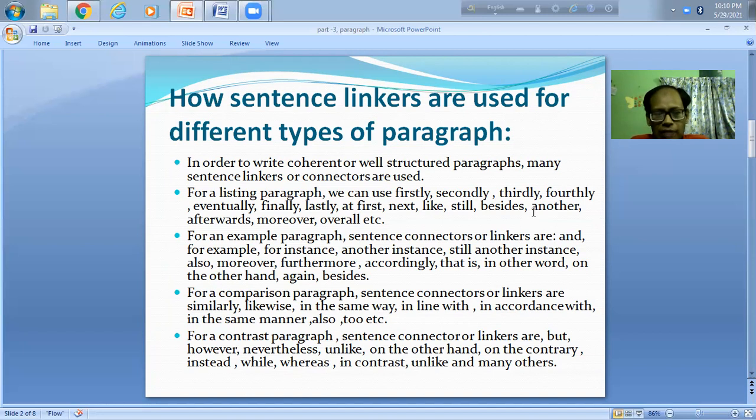ঠিক তেমনিভাবে কন্ট্রাস্ট প্যারাগ্রাফে আমরা কিন্তু বিচ্ছিন্নতার দিকে দৃষ্টি নিবদ্ধ করব। কিছু কিছু সেন্টেন্স লিঙ্কার যেগুলো আছে, যেগুলো আসলে দুই ধরনের বিপরীত ধারণাকে তুলে ধরার চেষ্টা করি, যেমন বাট, হাউএভার, নেভারদিলেস, আনলাইক, অন দ্য আদার হ্যান্ড, অন দ্য কন্ট্রারি, ইনস্টেড, হোয়াইল, ইত্যাদি।